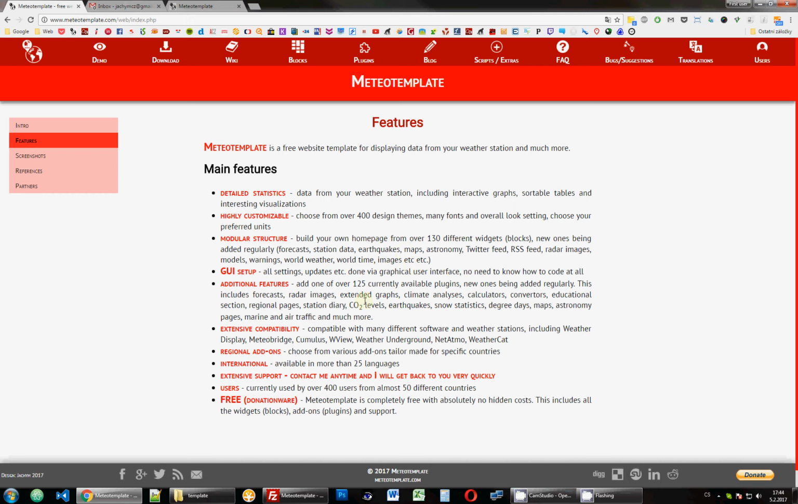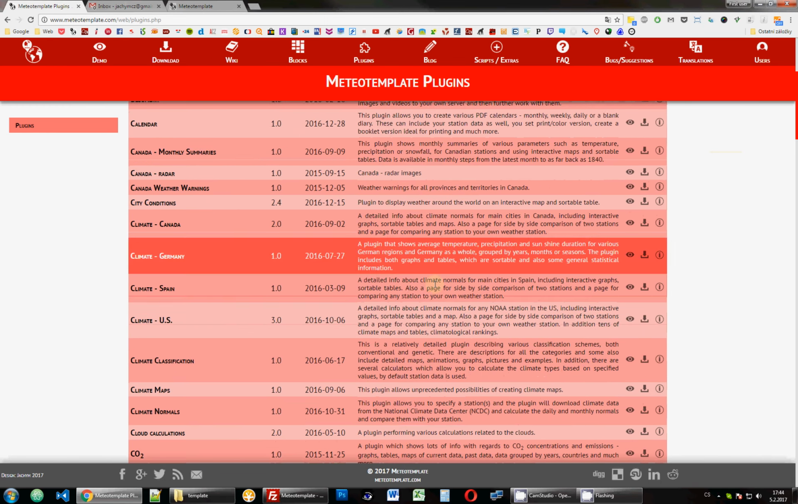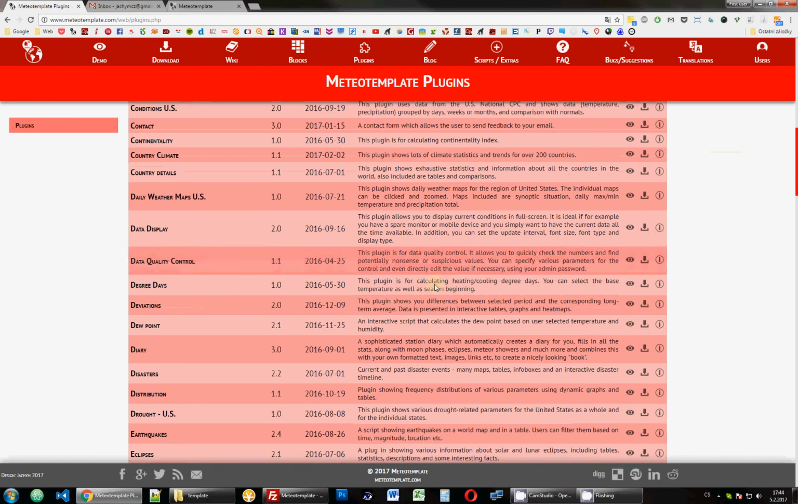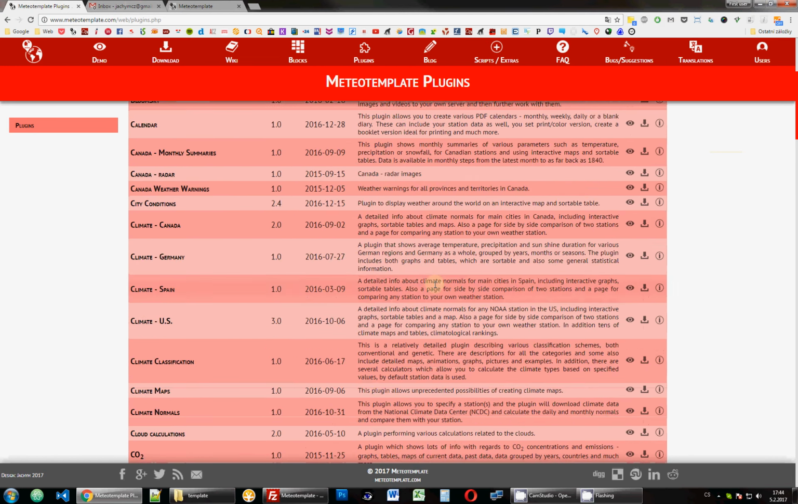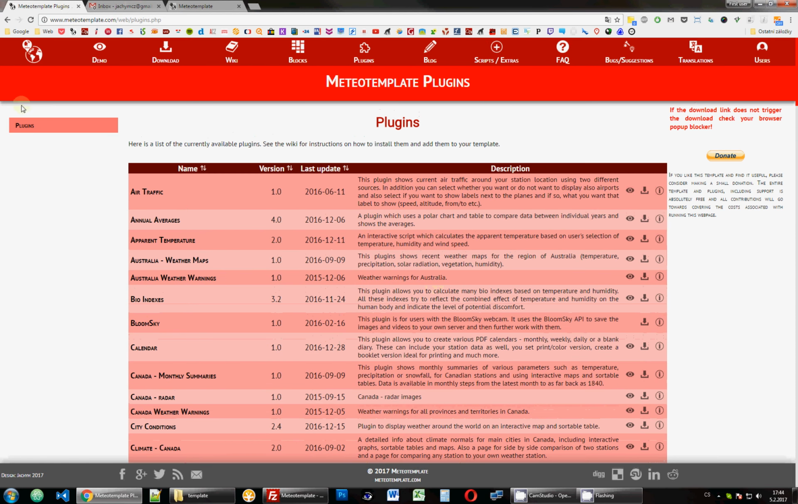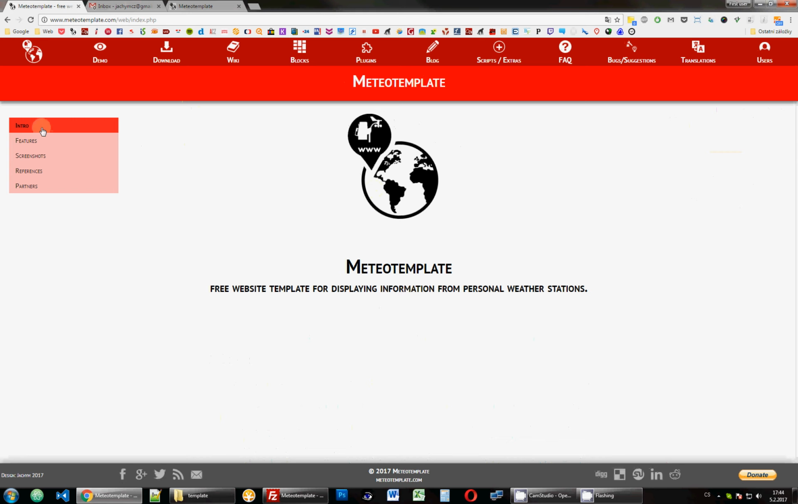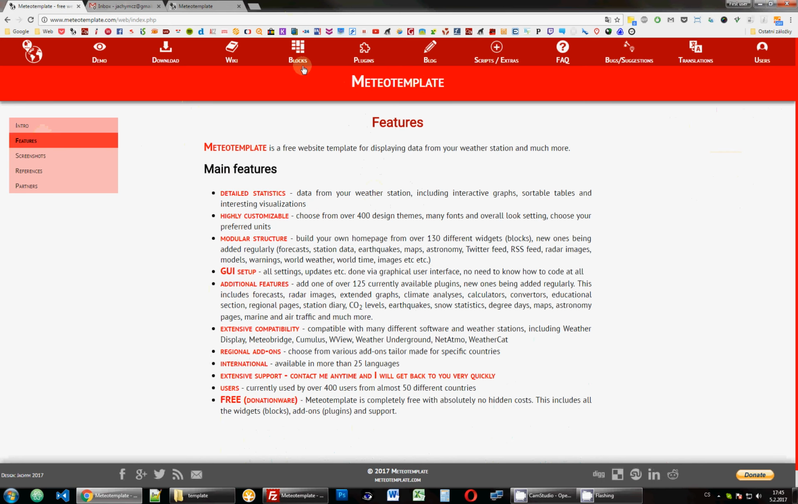There are over 125 plugins, which are extensions or add-ons for your page. You can see them here, and you can add all sorts of things to your template, because by default it contains some basic pages for your weather station, but you can extend it with these plugins. It's compatible with many different software and weather stations, so you can use all sorts of programs to get data